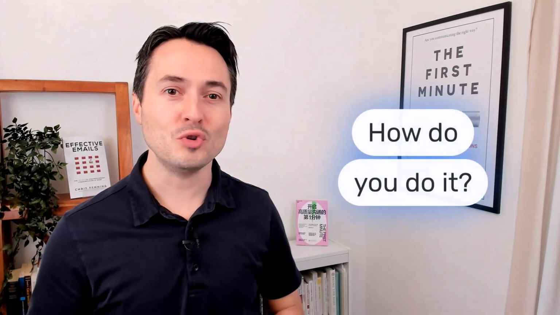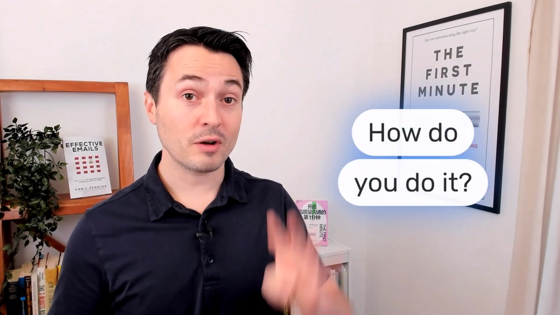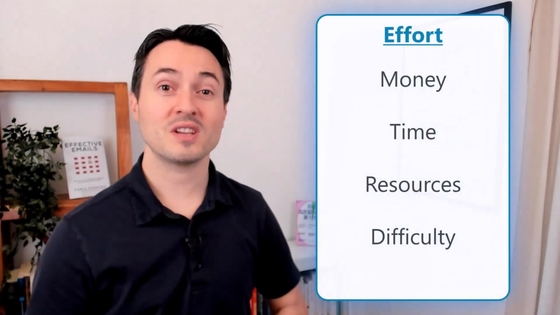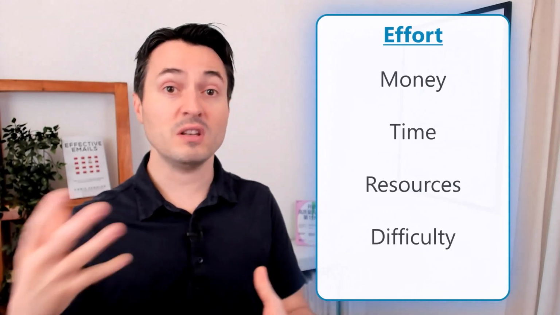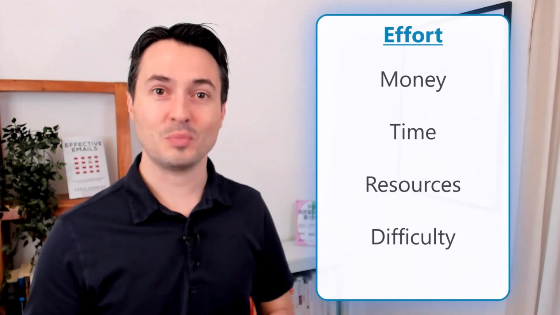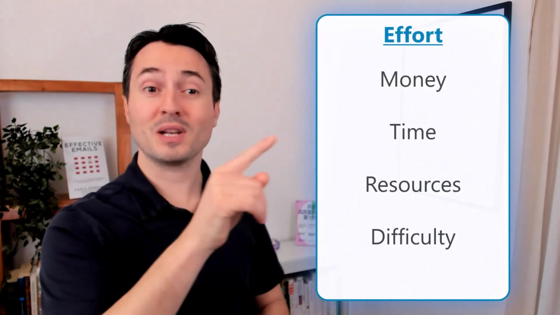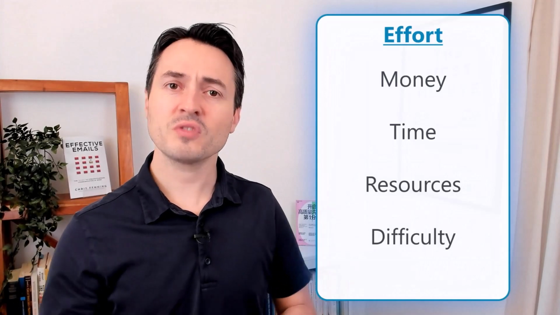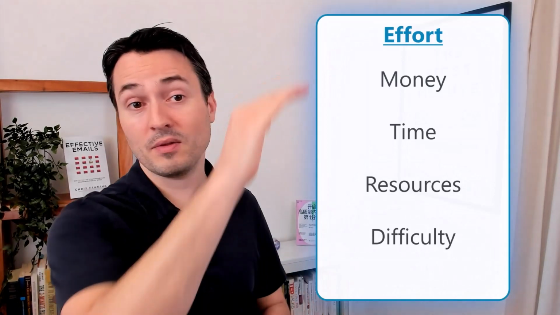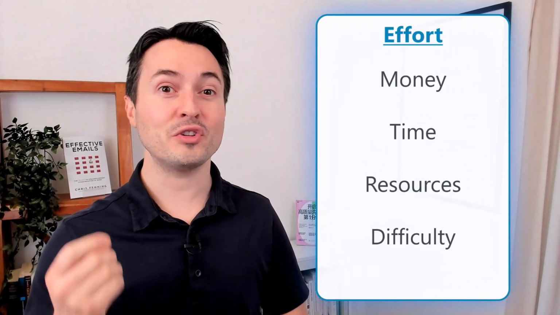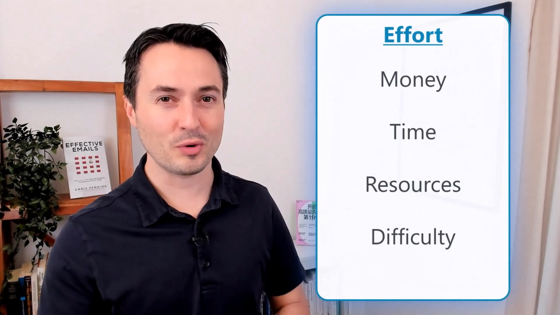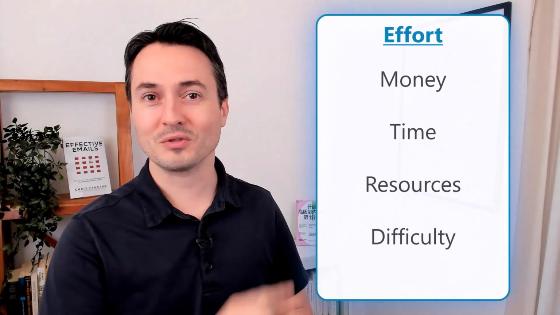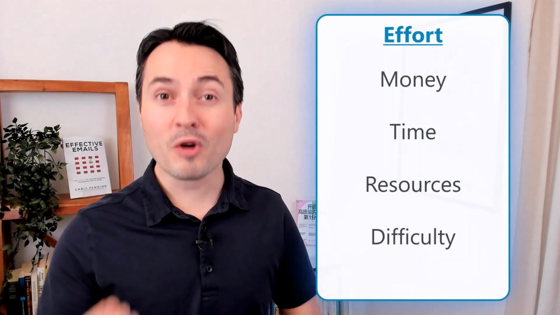So how do you do this? Well, for effort, there are 4 categories. Effort can be defined as money, time, resources, and difficulty. The amount of effort an individual or a business or an organization needs to put in is a certain amount of money, a certain amount of time, a certain amount of resources, and it's going to be difficult or not. So if you can define the effort that someone is making in these terms, or define the change to the effort, because that's where the real impact is, there's a change in the amount of money, or a change in the amount of time, or a change in the resources and difficulty, that's going to be a very clear impact for the audience.